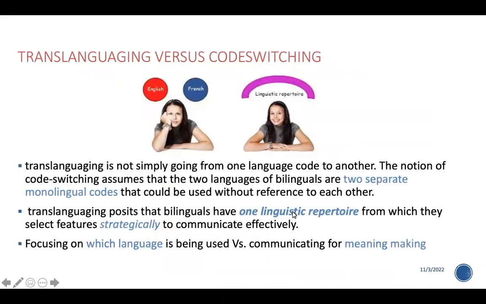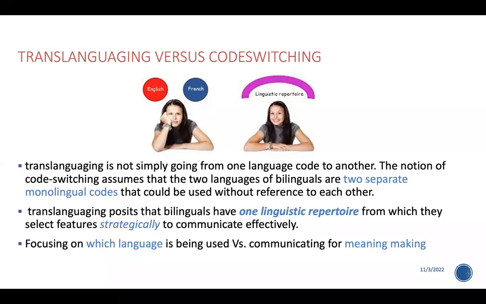Okay, so the common misunderstanding is always between code switching and translanguaging. Are they the same? Are they different? Well, the way we look at it from a translanguaging perspective is really different. So, for example, when someone speaks many languages, we treat it as a linguistic repertoire that is very rich and useful. But someone, maybe like an ESL teacher, would treat it as, no, the student is using Arabic instead of the target language that she should be talking in.